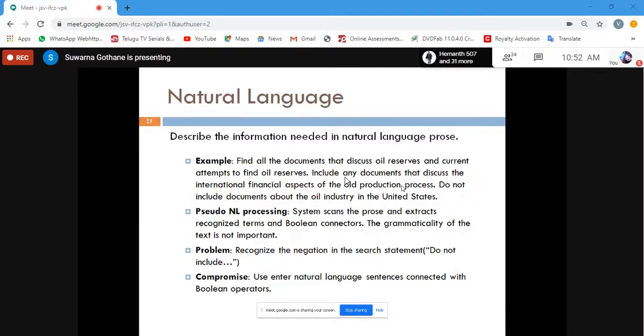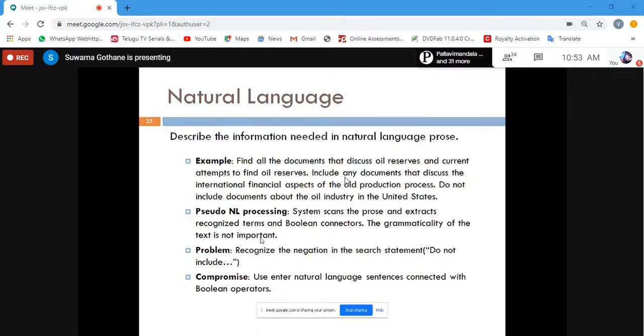There are no strict rules on how to specify the query. The grammar of the text is not important. When we use natural language, there is no convention that we need to follow a particular grammar. You can use a larger number of words, or you can use Booleans also.